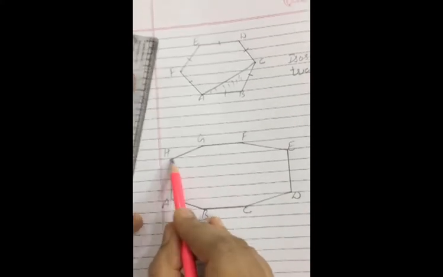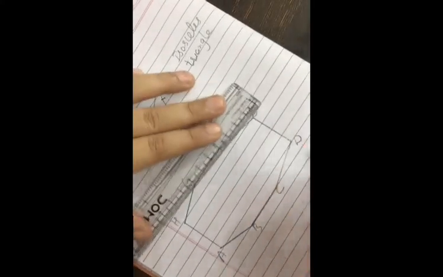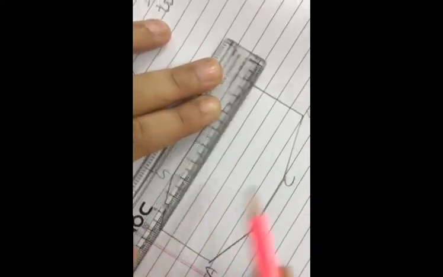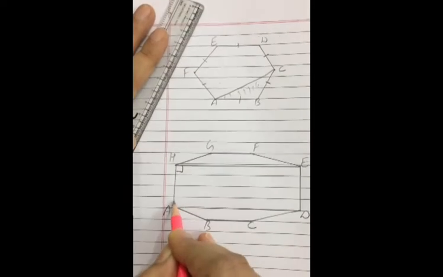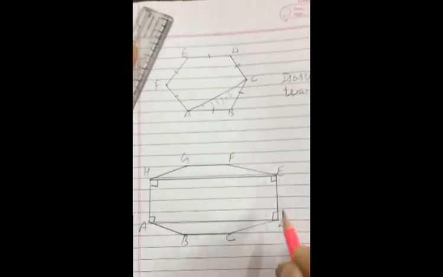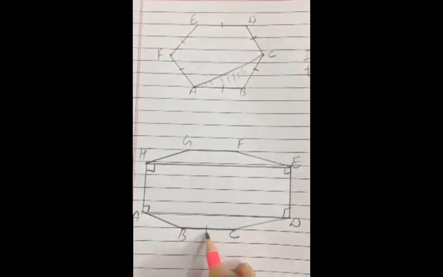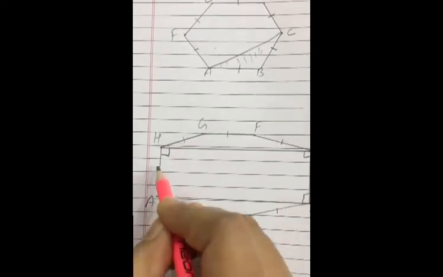You can join these 4 vertices like this. Also you can join these. Any way you can take. Now we are joining these 4 vertices to get a rectangle. Observe. These 2 sides are equal. These 2 sides are equal. And each angle is 90. So mention this sign because all sides are equal. So it is compulsory to mention.